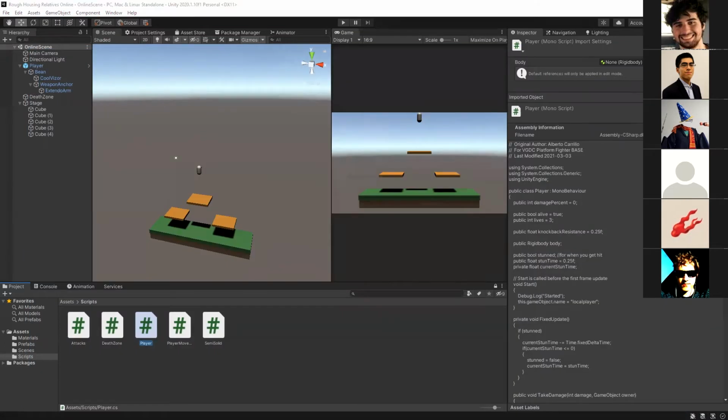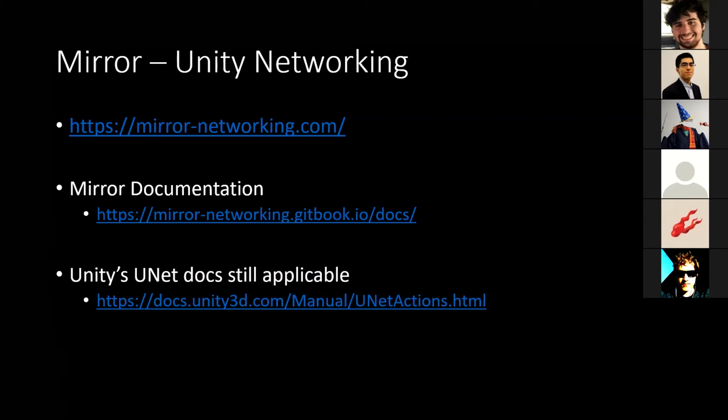Next up is the actual networking part, which is what you guys are here for. So we're using Mirror, which is a third-party open source API for networking in Unity. Unity used to have its own built-in networking code called UNet, but it's been deprecated.